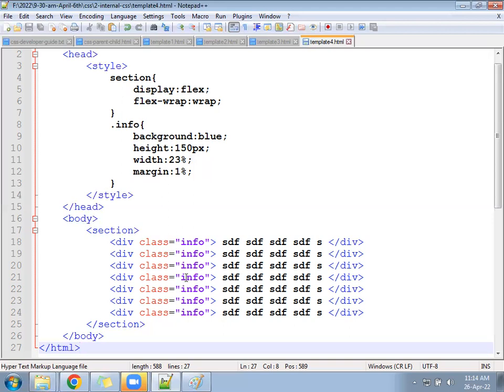Okay, hope ready. Now in this file, before section tag, open the